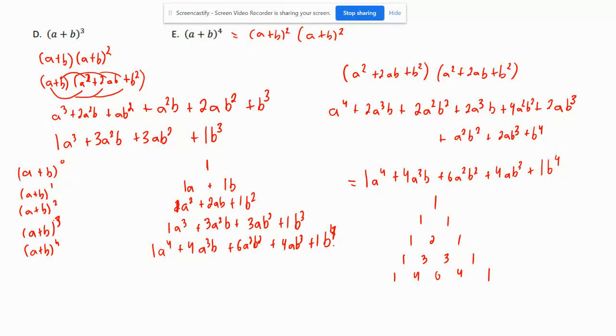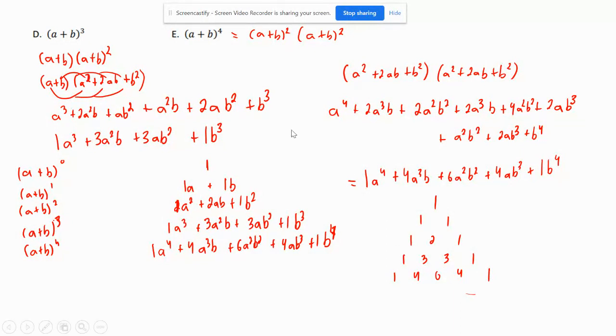Okay, we started with b to the fourth at this term, and it was b cubed here, b squared here, and b to the 1 here. This is really b to the 0, which is just 1 over here as well, and this is really a to the 0 over here too. But we just typically don't write those. So the pattern in Pascal's triangle that we see here is going to help us expand binomials